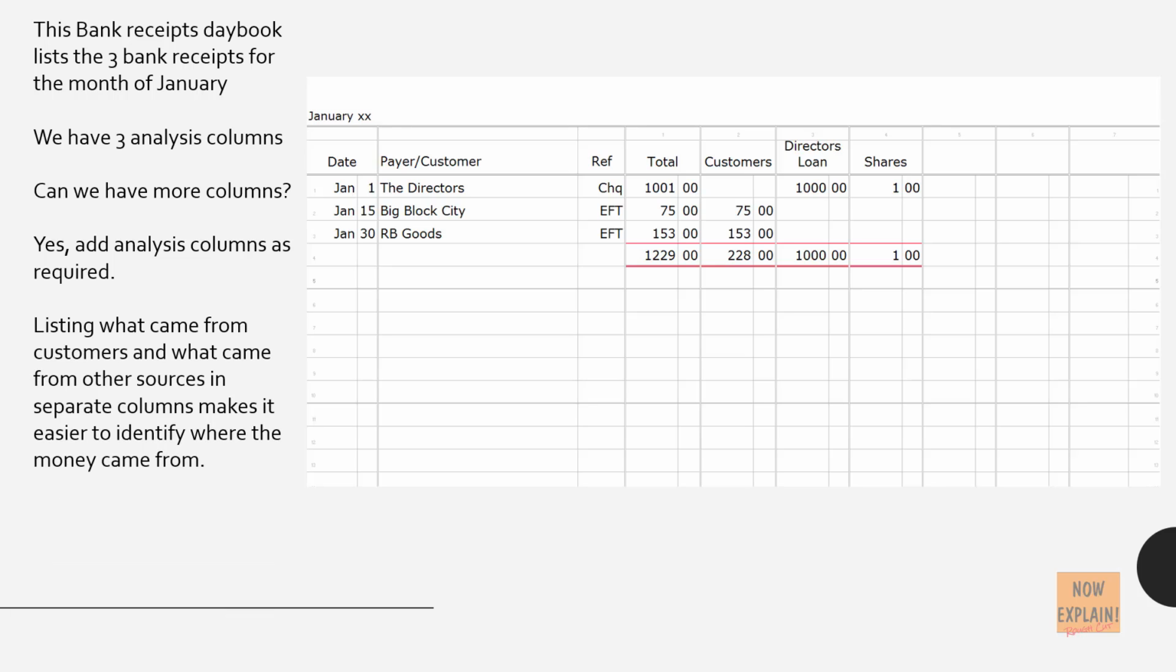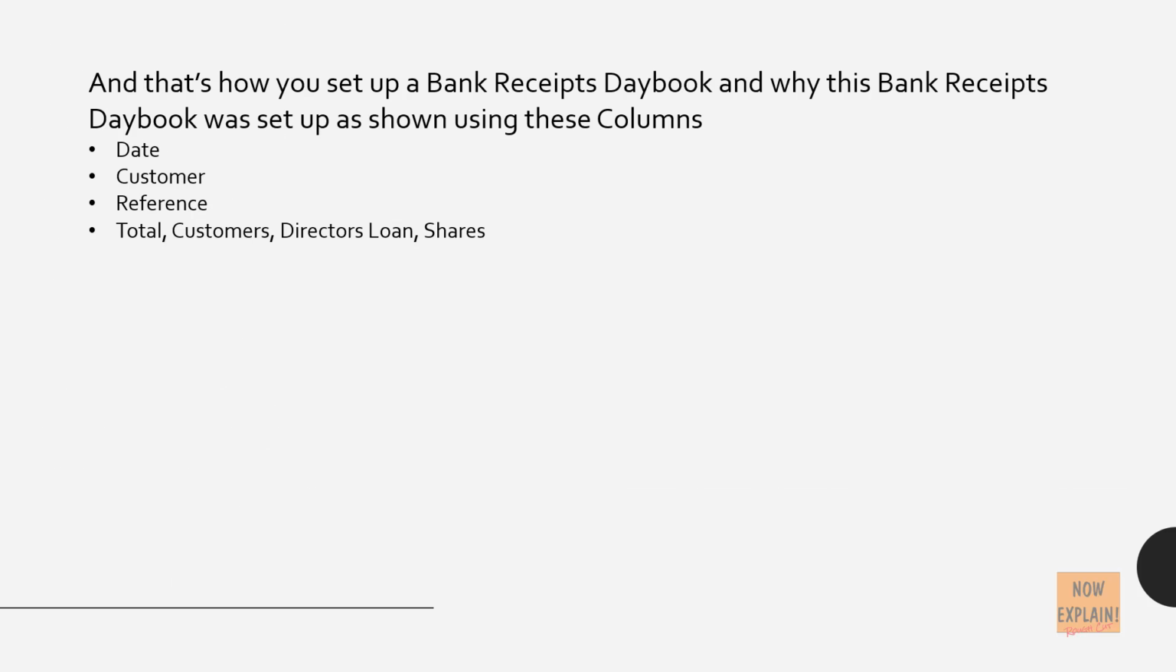Listing what came from customers and what came from other sources in separate columns makes it easier to identify where the money came from. The analysis will be used later when completing the general ledgers and customer ledgers. And that's how you set up a bank receipts daybook, and why this bank receipts daybook was set up as shown using these columns: the date, the customer, reference, total, customers, director's loan, shares. This is a bank receipts daybook layout. You can add more